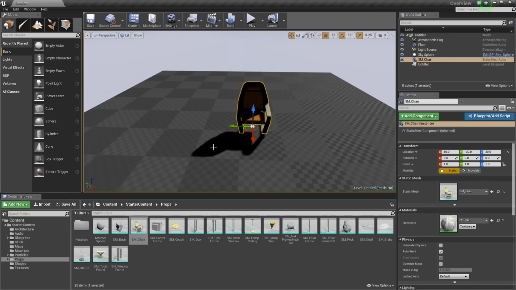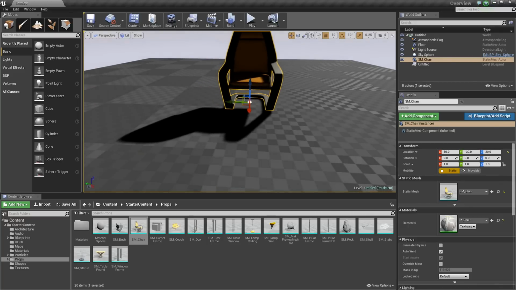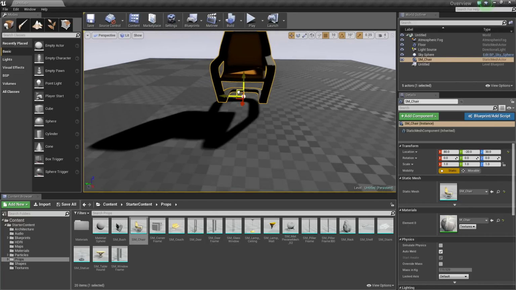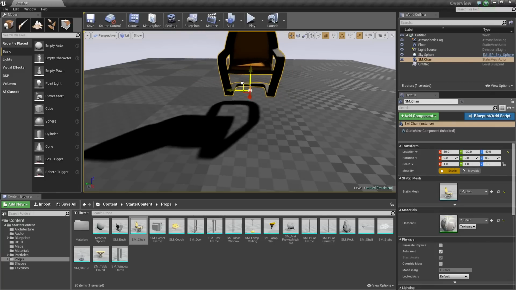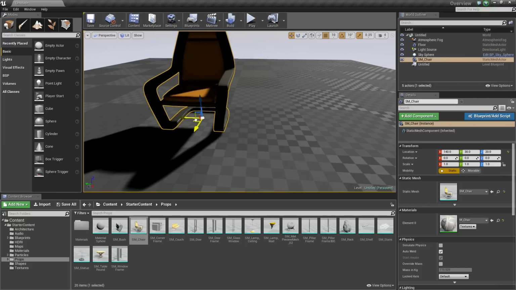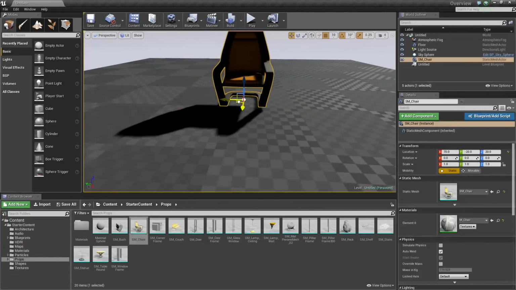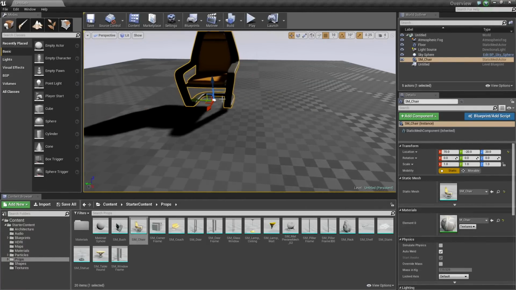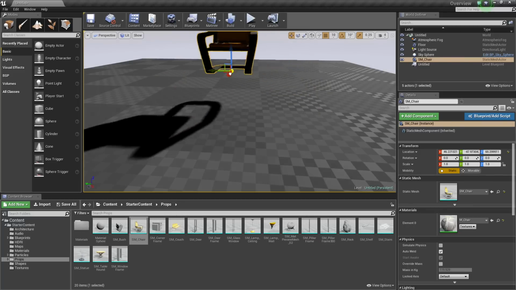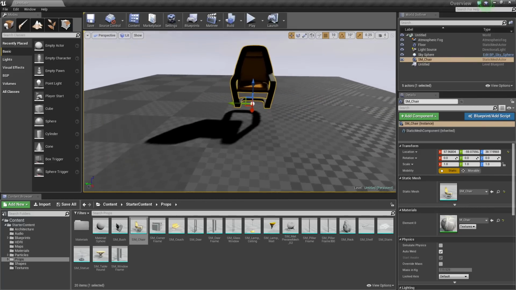Now you can also move in multiple axes at the same time. If you zoom in a little bit, you can see it a little bit better down here. In between each arrow, if you click right there, you can move in both directions now along the Z and the Y, or you can click here and move along the Y and the X along the floor without moving it along the Z. Or you can also click in the middle here, this white little ball in the middle. If you click on that, then you have absolute control of where you want to move it.